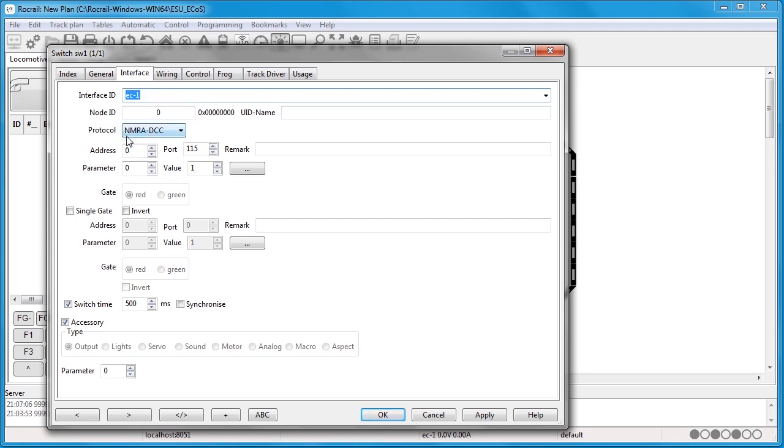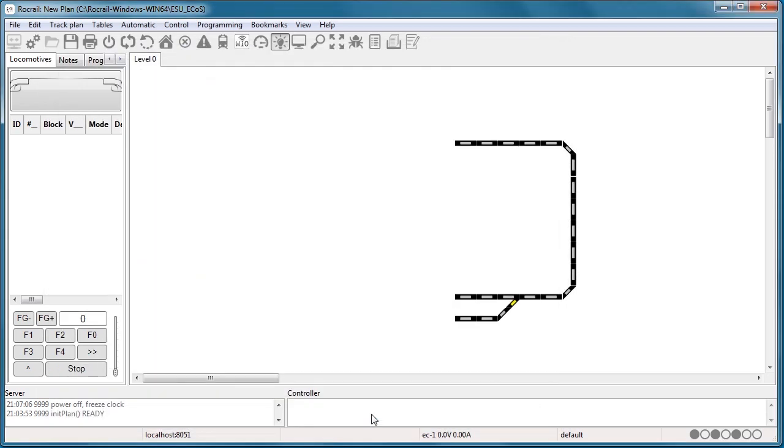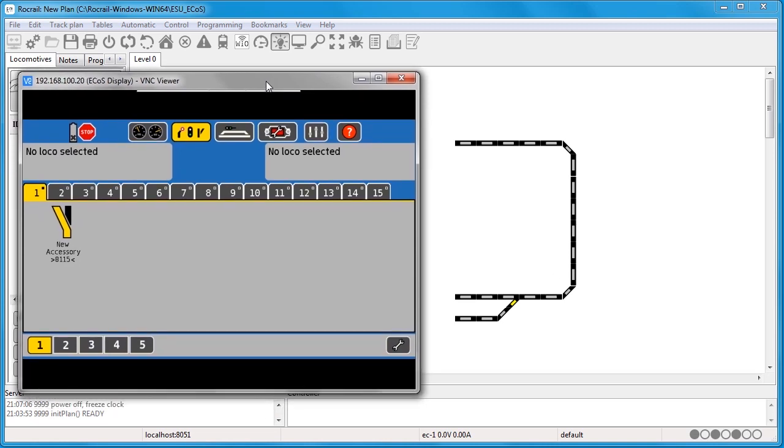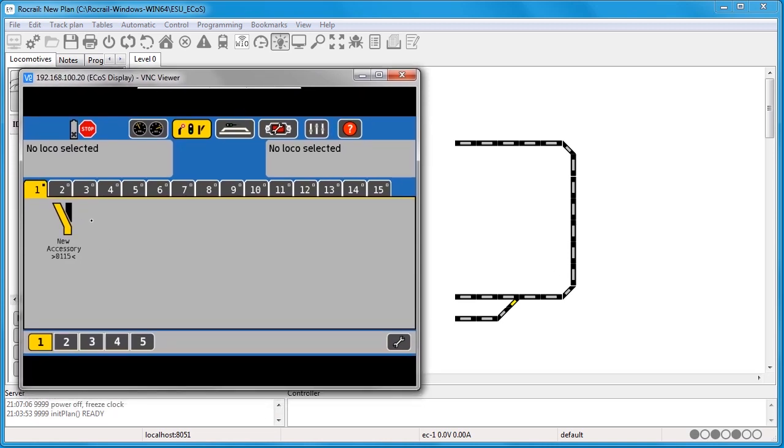It's an NMRA DCC, that's the protocol, and the address is going to be 115. So 115 is the switch address. Let's do OK, and if we pop back into the viewer, we can see the screen. If we click here,